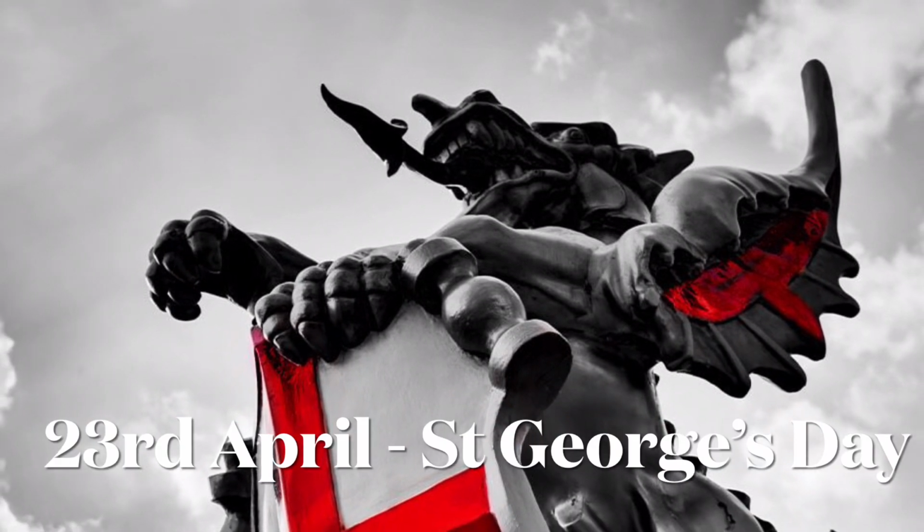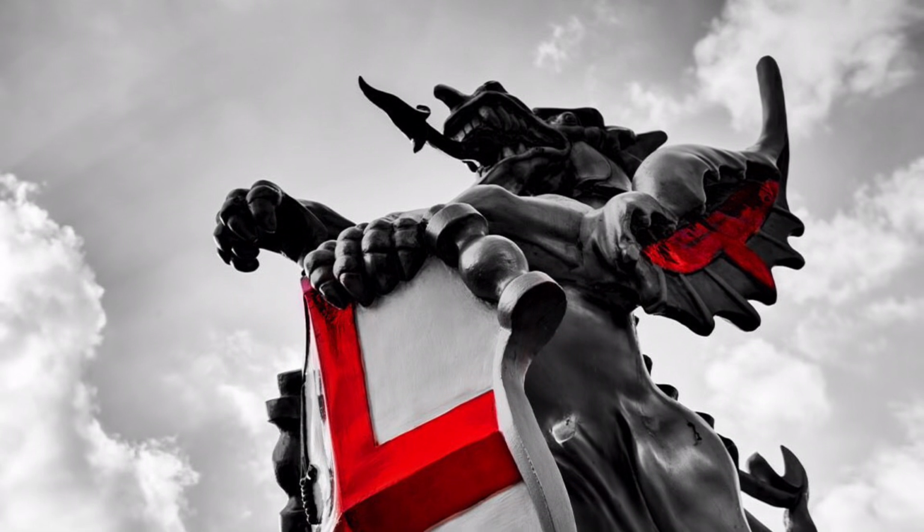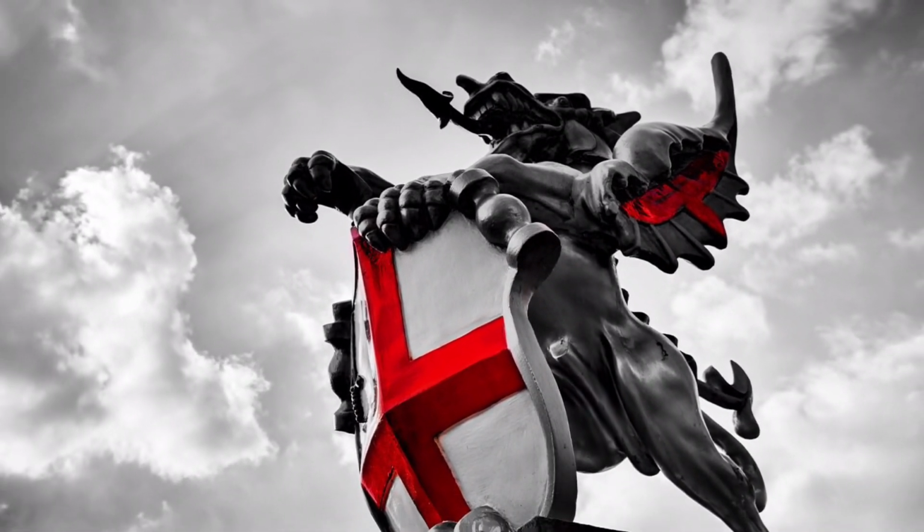The 23rd of April is St George's Day, the patron saint of England. Now I'm going to tell you the tale of St George because it's rather lovely. It happened in Uffington, which is in Oxfordshire. Near Uffington there is a place called Dragon's Hill, and on the top of this hill you'll find a sparse,